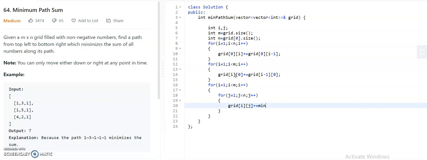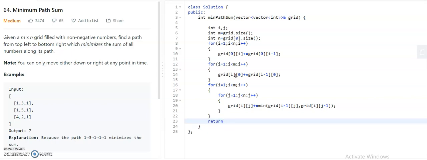You can reach it from the top or the left, and as we want the minimum sum, we take the minimum value of the top or the left, as i minus 1, j represents the top, and i, j minus 1 represents the left.